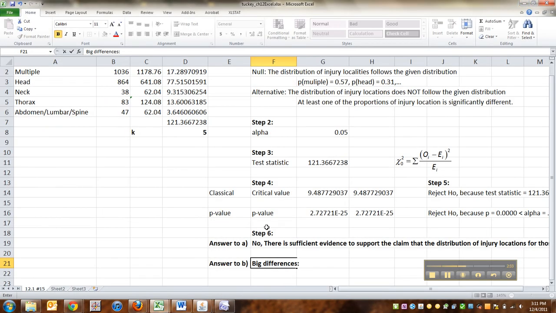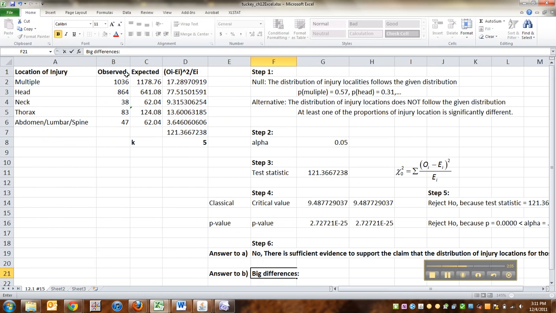So let's look at this. Where do you see some big differences going on between what we observed for the non-helmet users versus what we expected? Well, the multiple injury is a little bit lower, and so is the neck and the lumbar and all that. But why? It's because look at the head injuries. When you're not wearing a helmet, you're much more likely to die of head-related injuries. So you're much less likely to die of all the other injuries, right? So the big difference is non-helmet, this is going to shock you, but non-helmet users are much more likely to die from